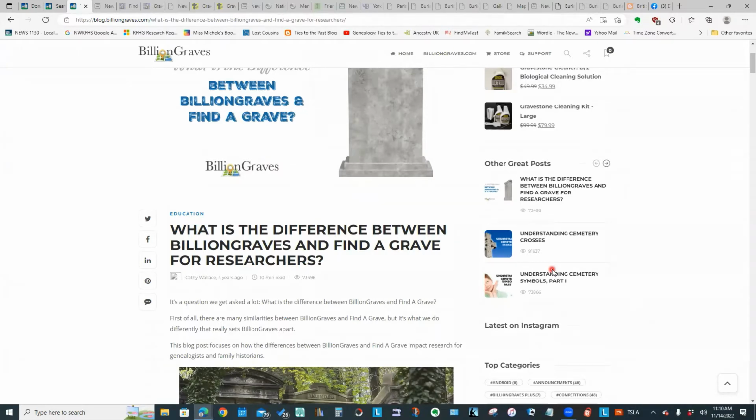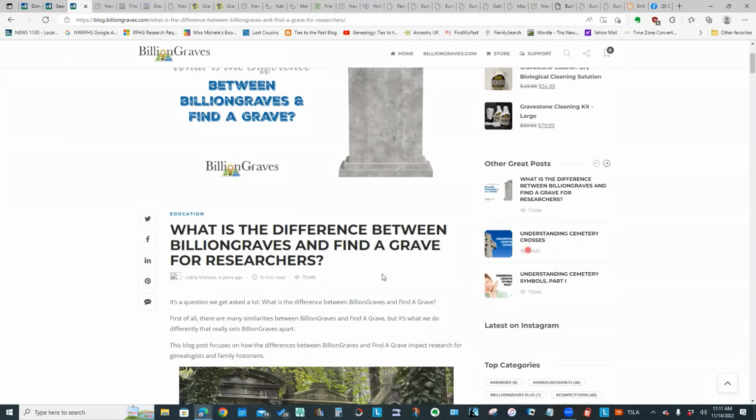But what they are saying is BillionGraves starts with the photo of the grave and they transcribe that information. So they're saying from a genealogy standpoint, it is more following the standard of proof in that they are starting with evidence.